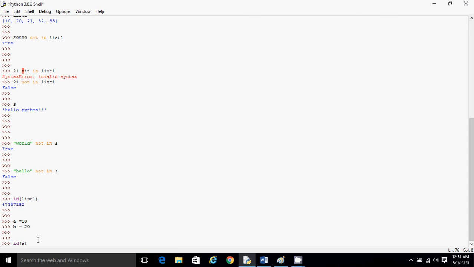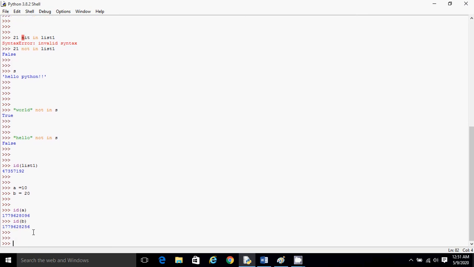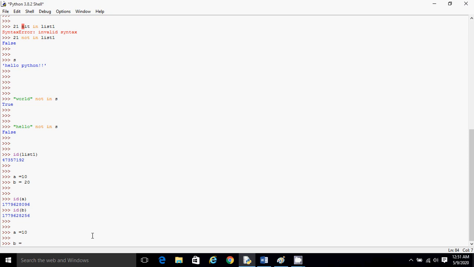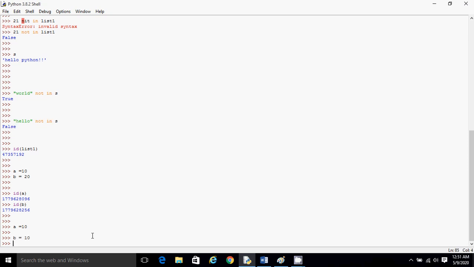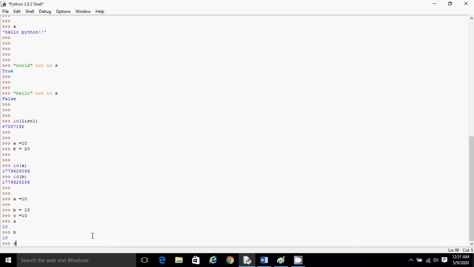So let's see how it is different. The id of a is this, and the id of b will be something else, right? So both are different. Now let's assign the same value to the variables. Let's take one more variable: a equal to 10, b equal to 10, c equal to 10.